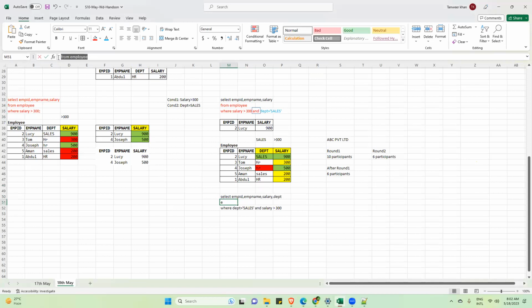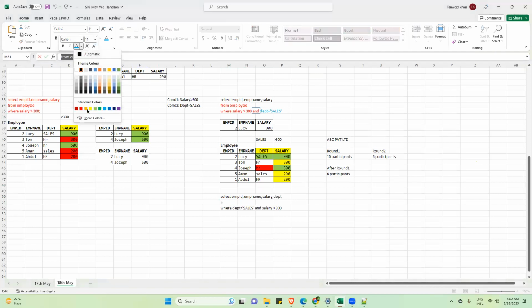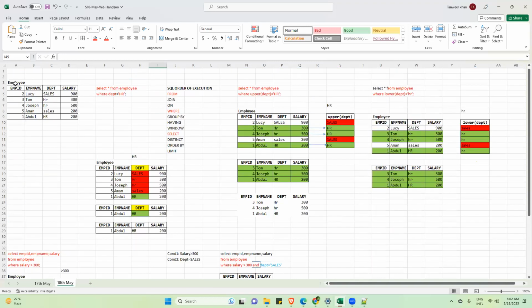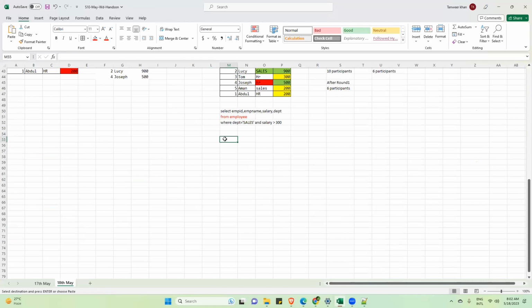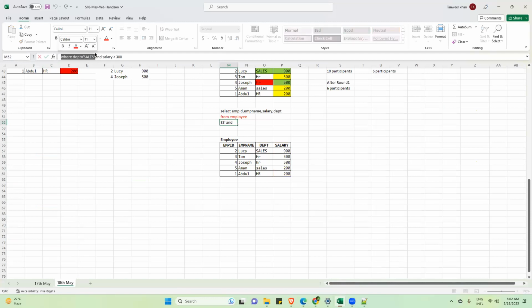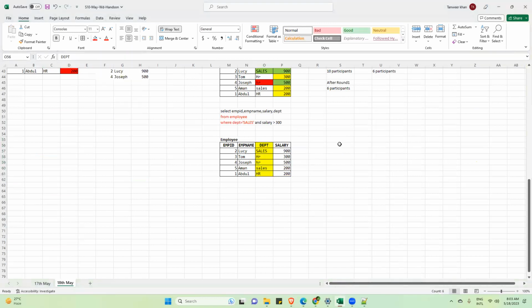First of all, from employee. So this is your employee table. Then you have the first condition, where department equals sales. So it will focus on the department column and search for sales. So this is sales, selected, and these are all other values, so these will all be rejected. Clear?